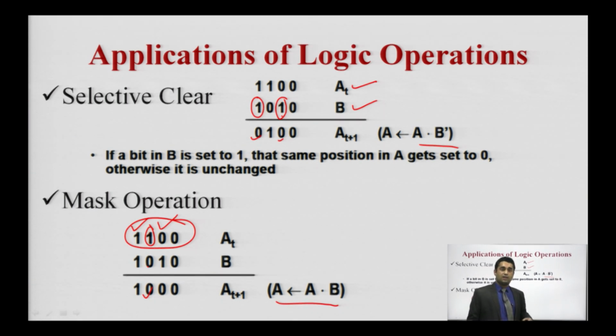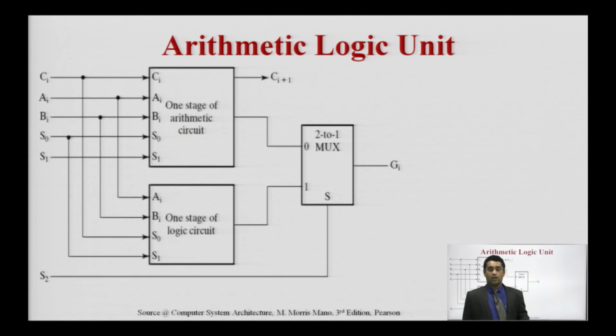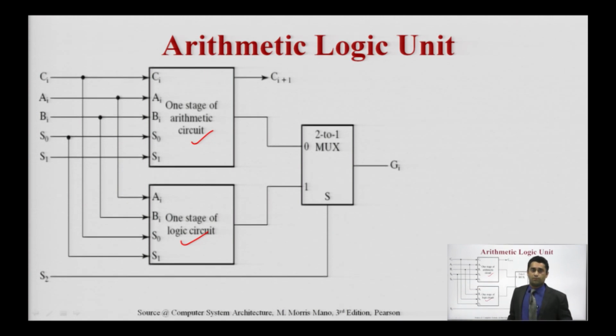In this case we are saying these are the important ones about the logic operation, these are the applications. Now when we talk about a complete circuit, which we have discussed today in this class and in the last lecture: in the last lecture we focused on the arithmetic circuit, and today we have discussed the logic circuit. So basically the combination of both makes an ALU. Right now I am discussing a traditional example of ALU where the shift operations are not mentioned, only 2 modules are there, one stage of the arithmetic circuit and another stage of the logic circuit. But here you are getting all the operations.